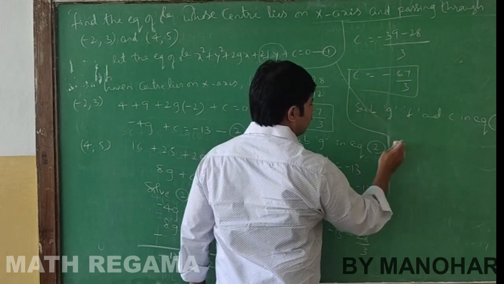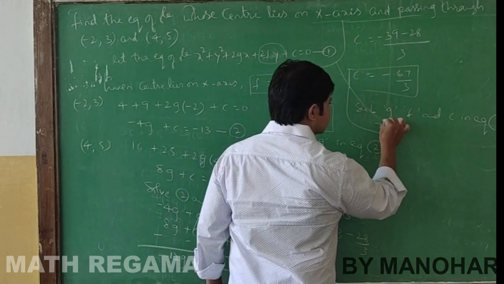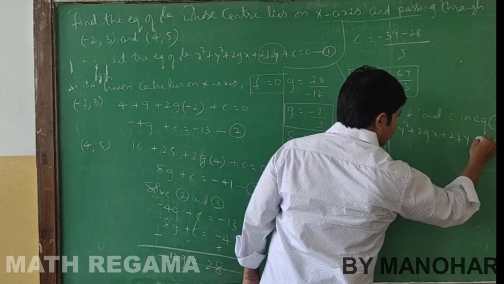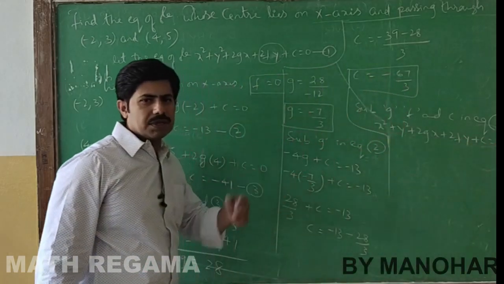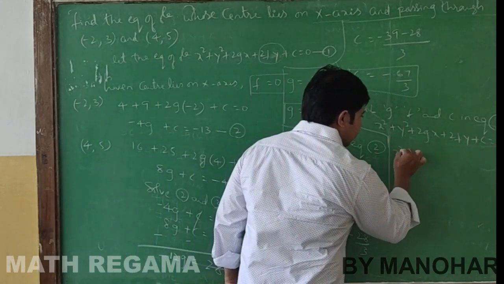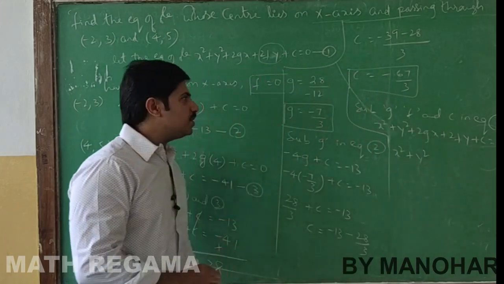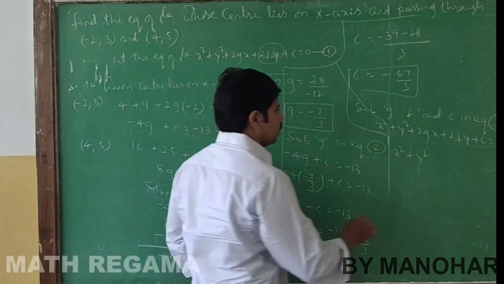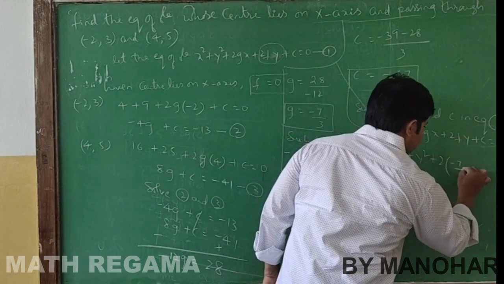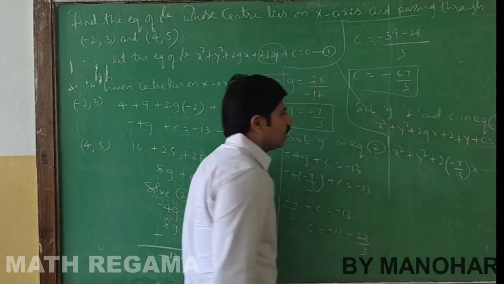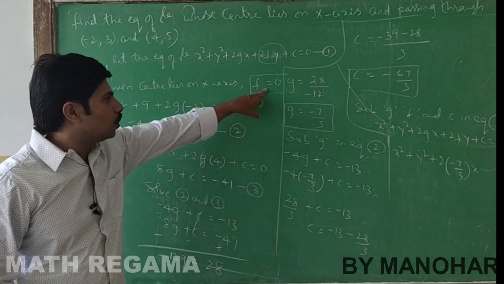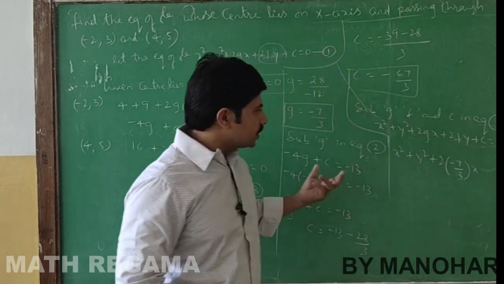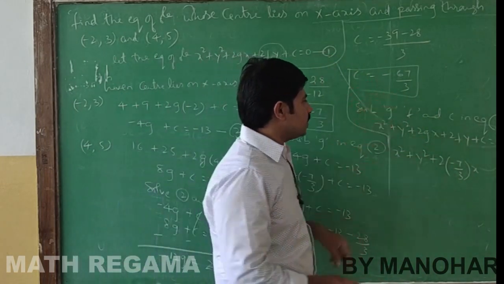So again I repeat that equation 1. What is equation 1? It is x square plus y square plus 2gx plus 2fy plus c is equal to 0. Now I am substituting. x square plus y square as is. What is g value? G value is minus 7 by 3, plus 2 into minus 7 by 3 x. What is f value? It is 0. So if I substitute 0, this term is eliminated, so no need to show the substitution because it is 0. Now what is c value? Minus 67 by 3